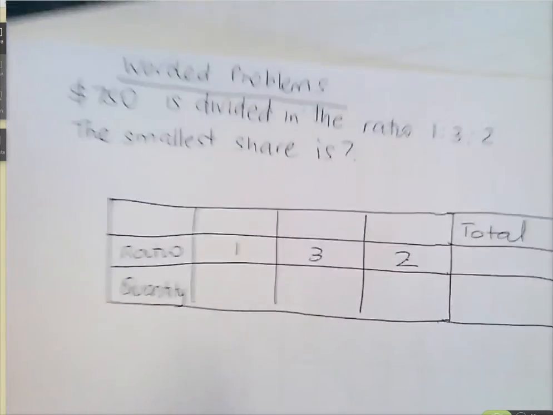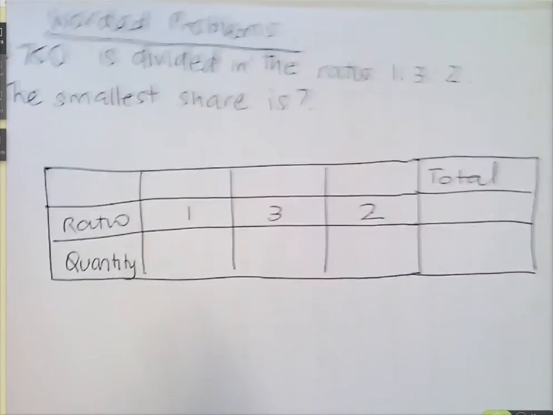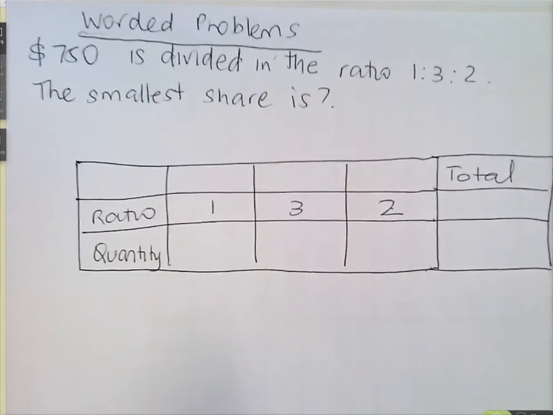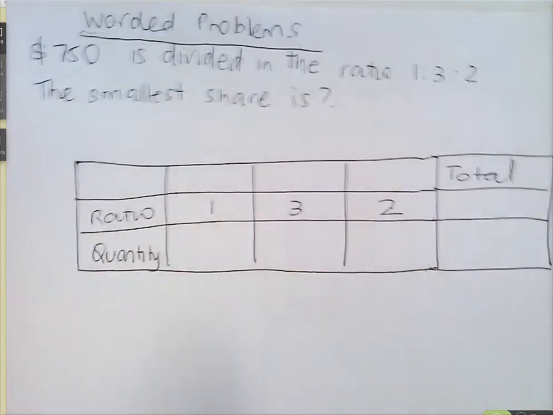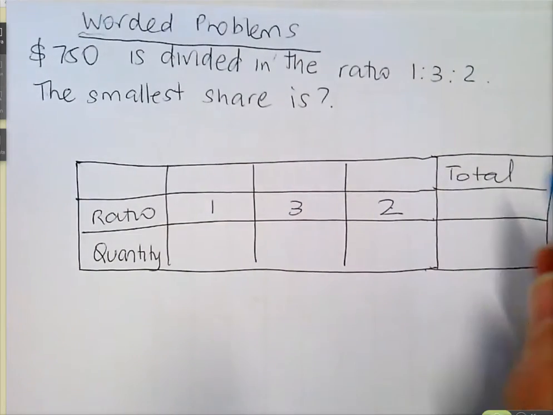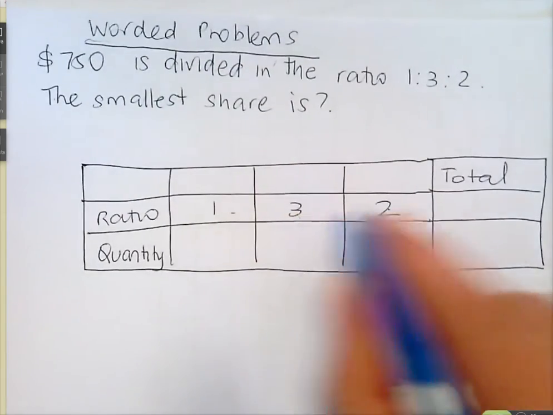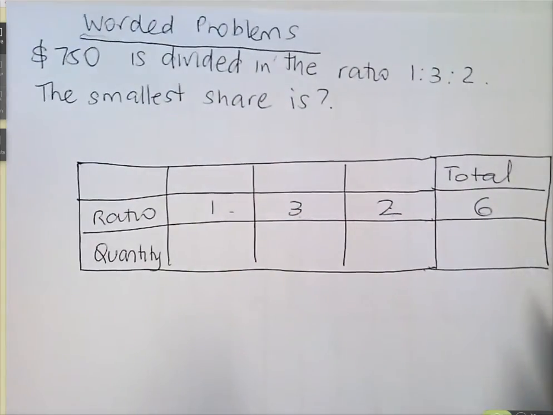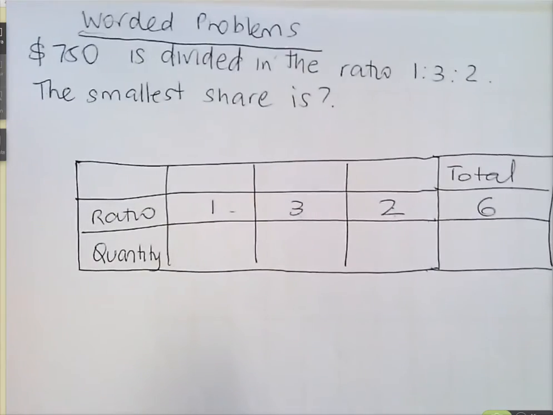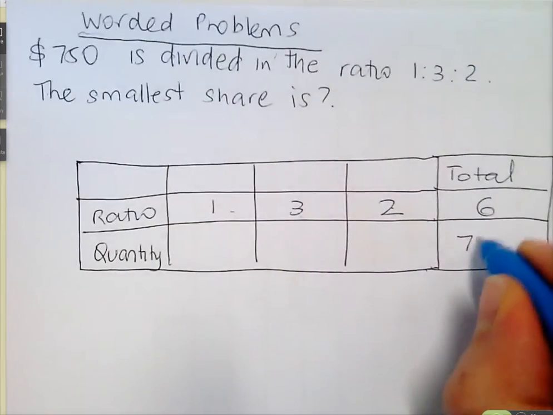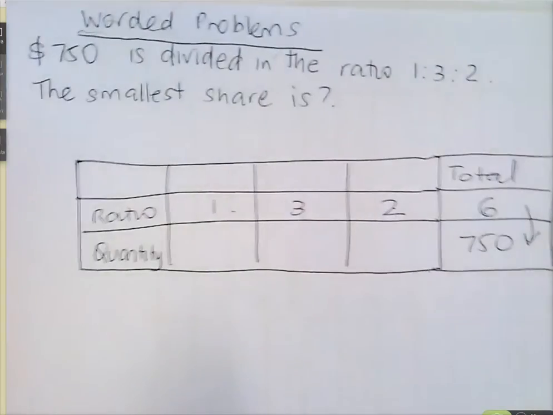So here's my worded problem, and I'm going to transfer it to a table. $750 is divided in the ratio of 1 is to 3 is to 2. What is the smallest share? And then underneath it, you put the total, 750. Fantastic. So 1 and 3 makes 4, 4 and 2 makes 6. Underneath the 6, because that's the total, you put the 750, and then we've got to try and work out